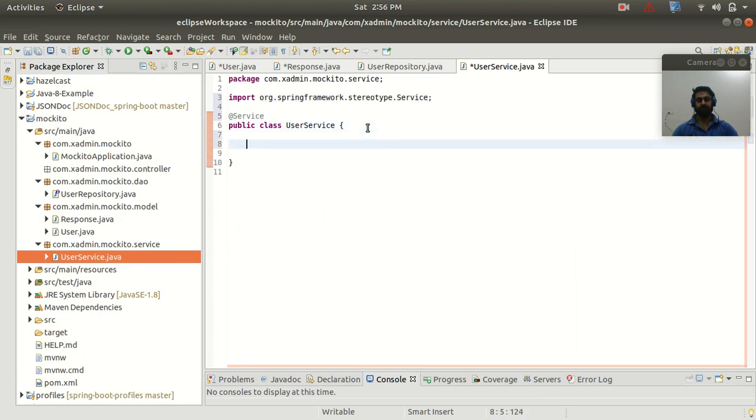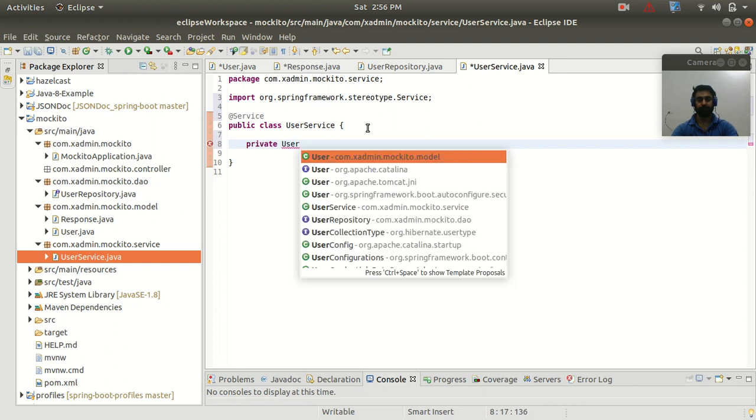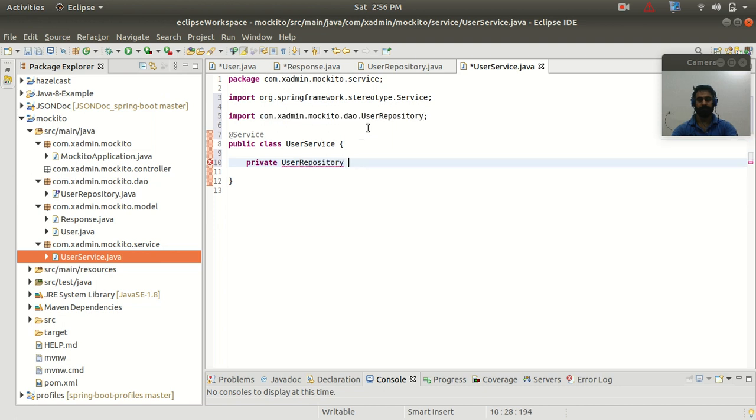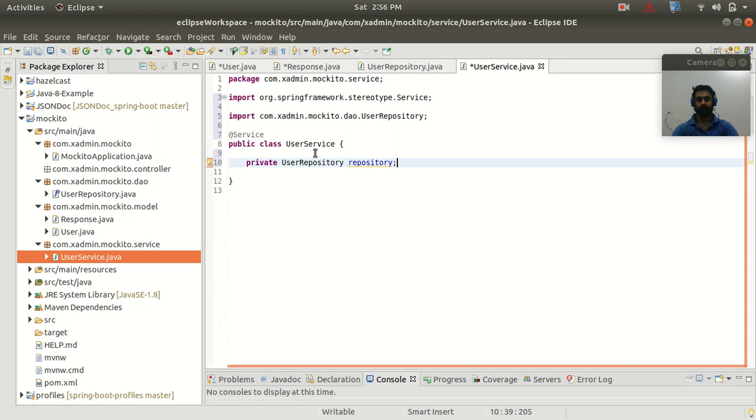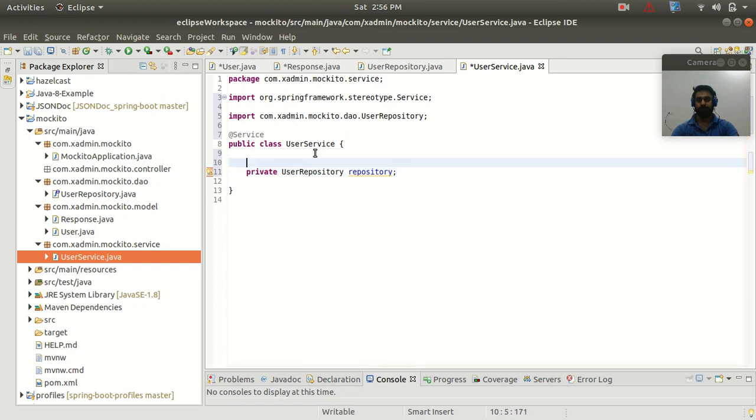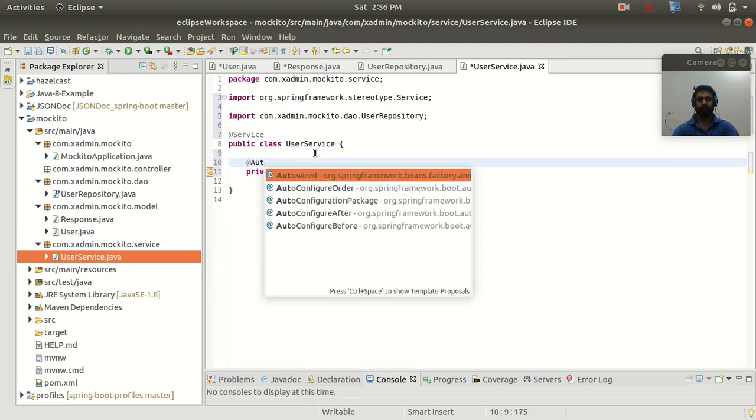And guys, here I'm going to create two methods to save the user object to the database and to get all the users from the database. Before writing the two methods, I will inject my user repository here. Mark this with the annotation @Autowired.